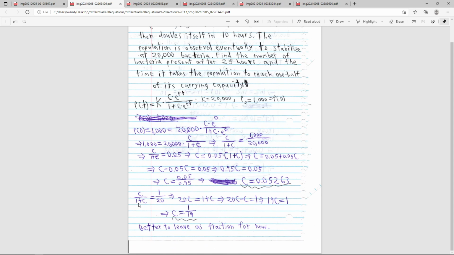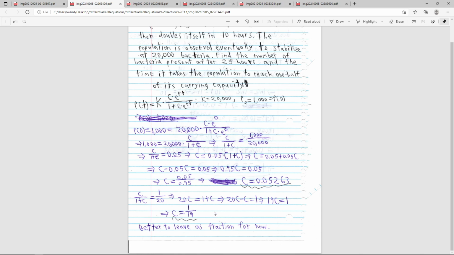So yeah, C divided by 1 plus C, ignore this, but this is a way of doing it in fraction form, I mean decimal form. So keep them in fractions. So 1,000 divided by 20,000 equals C divided by 1 plus C. So 1 over 20. 20,000 divides by 1,000 20 times, and 1,000 divides by 1,000 once, so 1 divided by 20. So we cross multiply now easily. So 20C equals 1 plus C, and 20C minus C equals 1, so it's 19C equals 1, so C equals